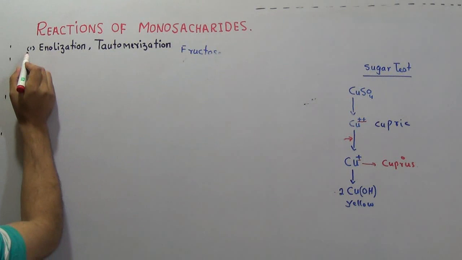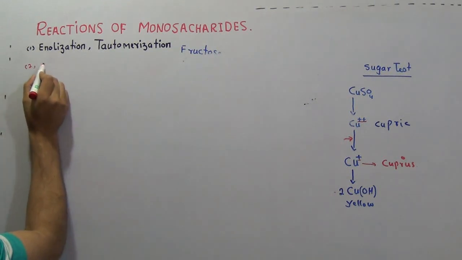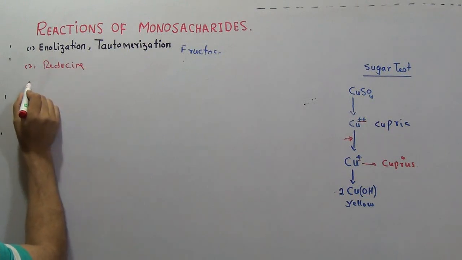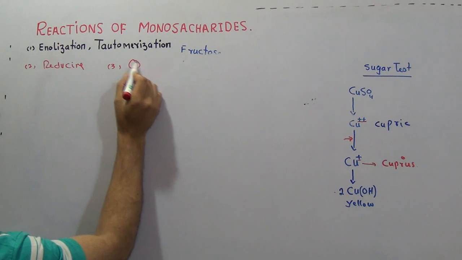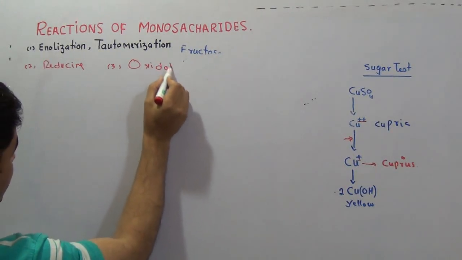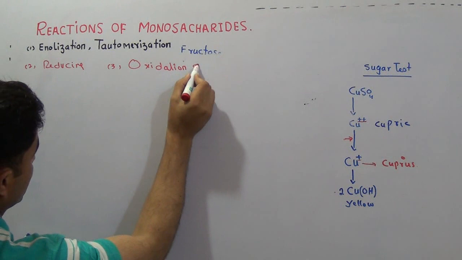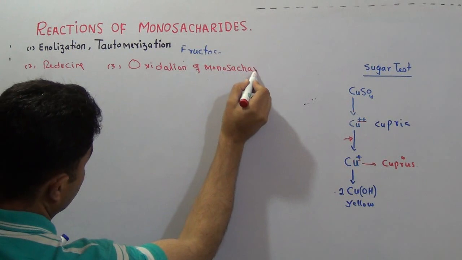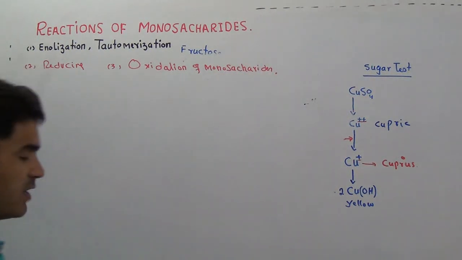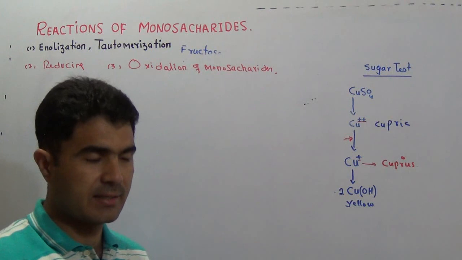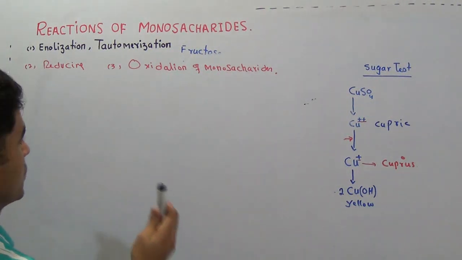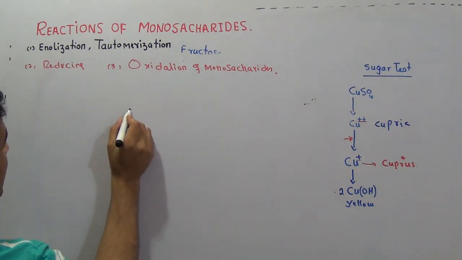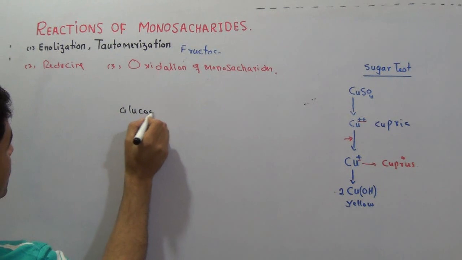The third property, the second was the reducing property, and the third is oxidation of monosaccharides. Okay, can we oxidize a monosaccharide? The answer is yes. You can oxidize a monosaccharide. Let's suppose it's glucose, and glucose contains